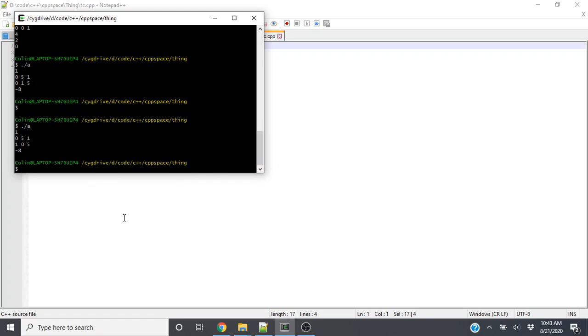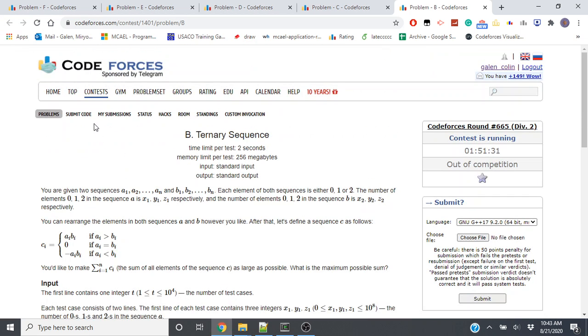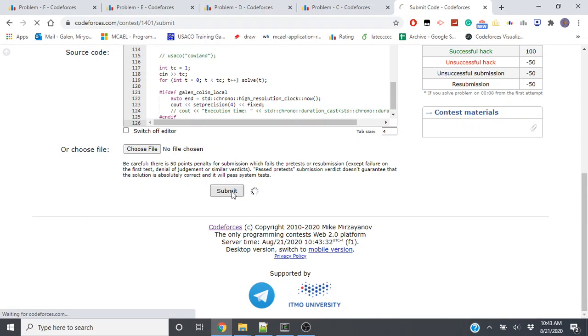Also -8. How does that work? Oh yeah, because we can get rid of one of the -2's. Okay, that looks right. Hopefully it is. There may be some casework that we missed, in which case we'll just